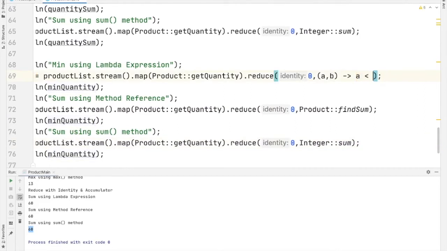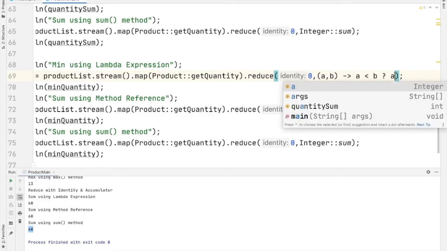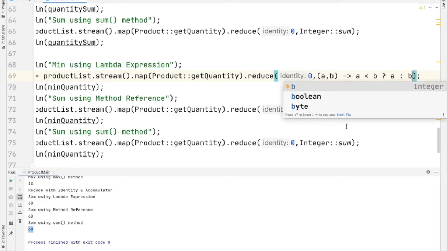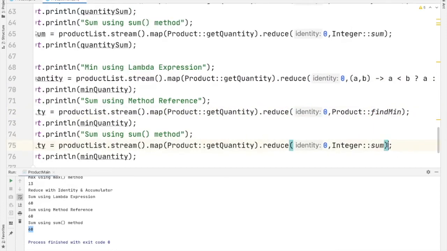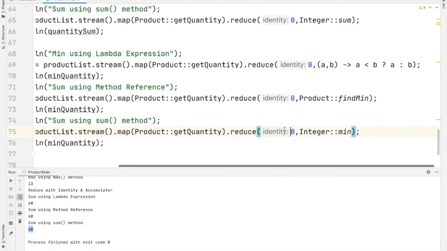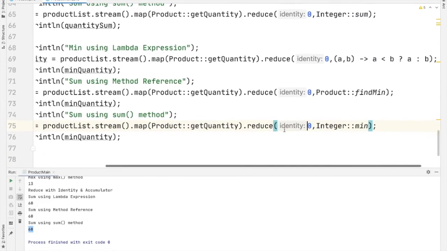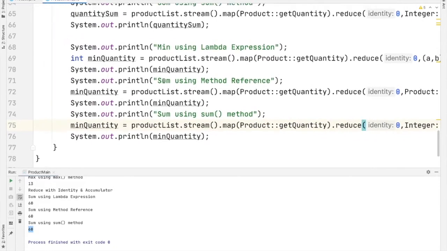If a less than b, then the result is a, else the result is b. Here, instead of find sum, we'll use find min, and instead of sum, we'll use min here. So just recheck all this. Let us change these headings also: min using lambda expression, min using method reference, and min using min method.